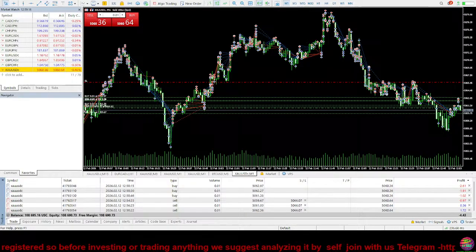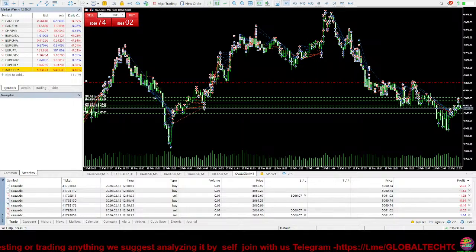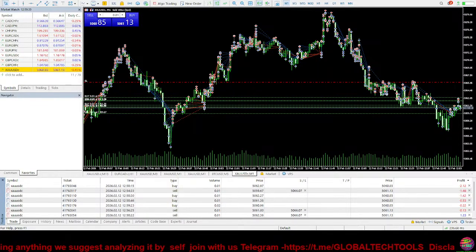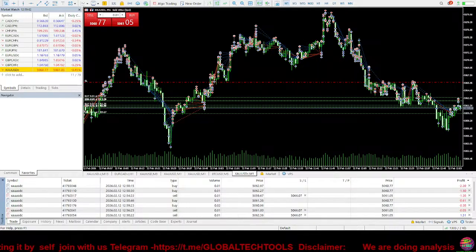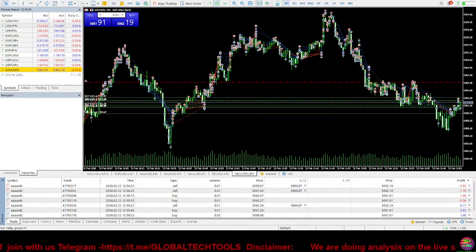So if you want to bet on the dollar getting stronger, you have to sell EUR/USD, because the US dollar is going to get stronger than the euro. And if you want to buy EUR/USD, you are betting that the euro will get stronger than the dollar. And this works for all currency pairs across the market. For example, GBP/USD. It's the Great British Pound versus the dollar. If you buy GBP/USD, you are betting that the pound will get stronger than the dollar. And if you are selling GBP/USD, you are betting that the dollar will get stronger than the pound.